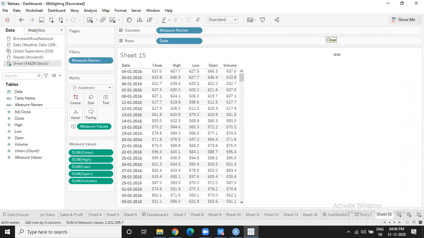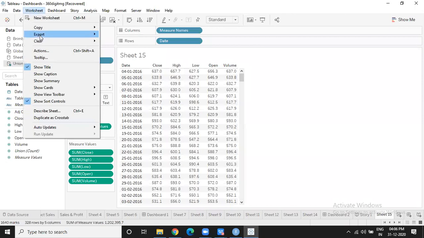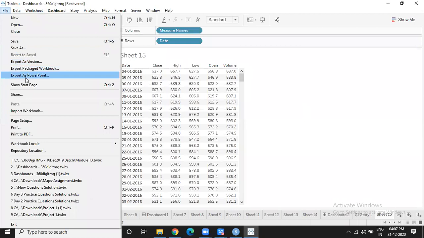How to export graphs to Excel along with data? Directly, we don't have that option. We have to separately export the graph image and separately data. Both cannot go together. We can export to a PDF, we can export to a PowerPoint, but we don't have the option to export it into an Excel directly.